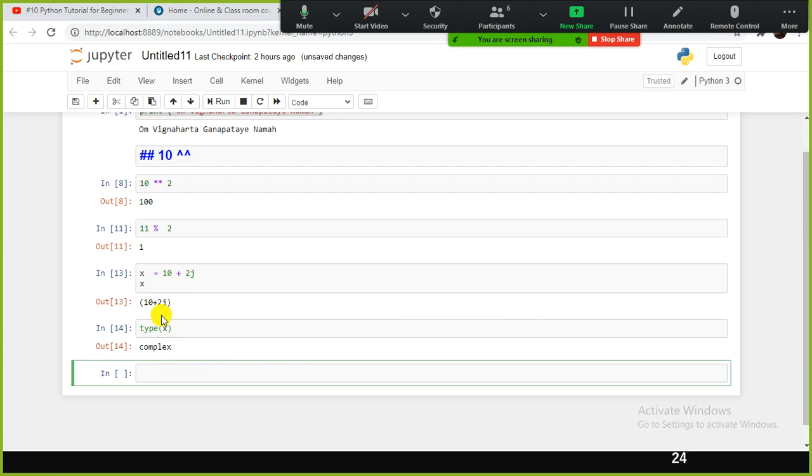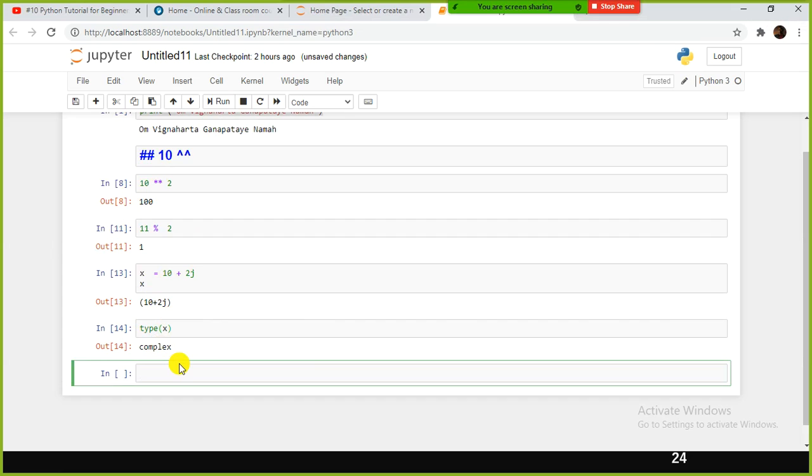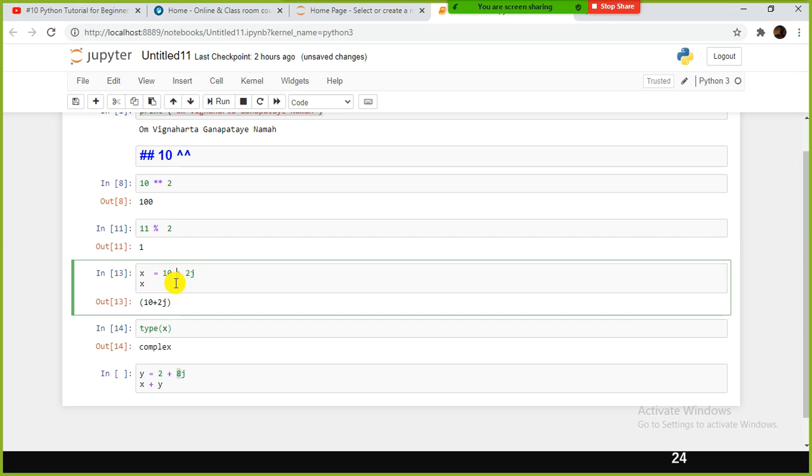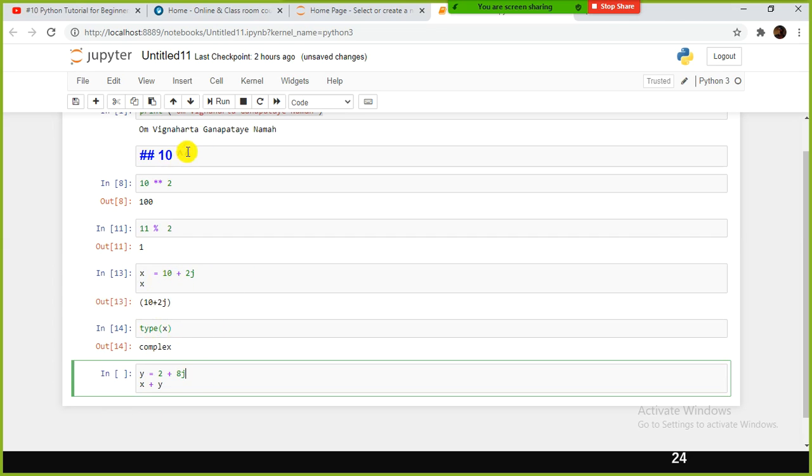We'll define another variable y as 2 plus 8j, and perform an arithmetic operation, x plus y. Let us see what happens. See, here also the 2 is the real value and 8 is the imaginary part. Have you ever come across the complex data type in the past?